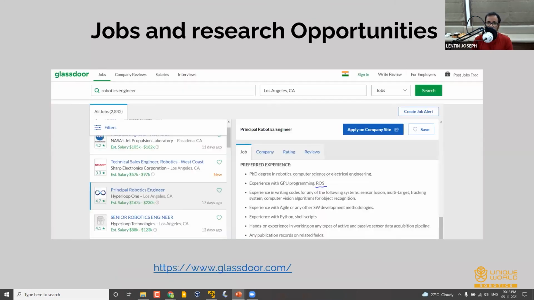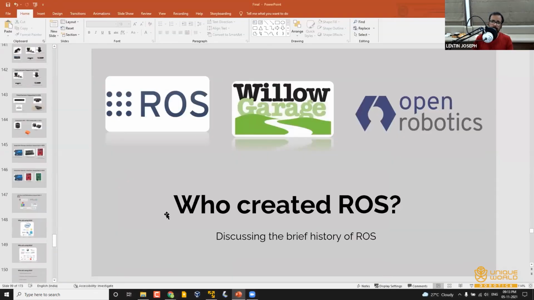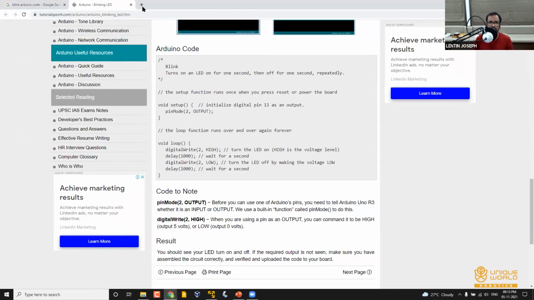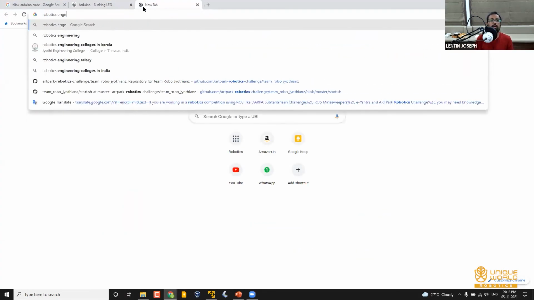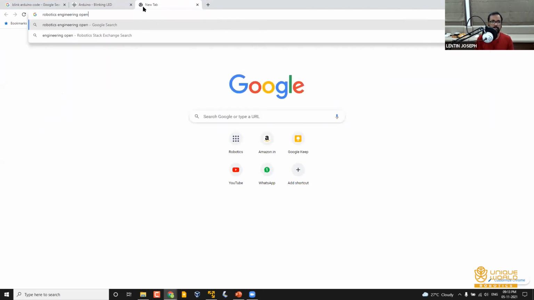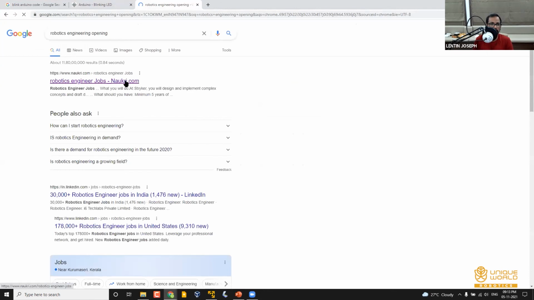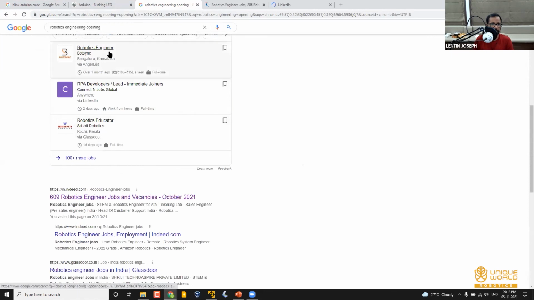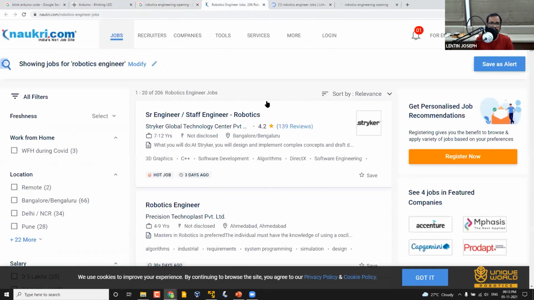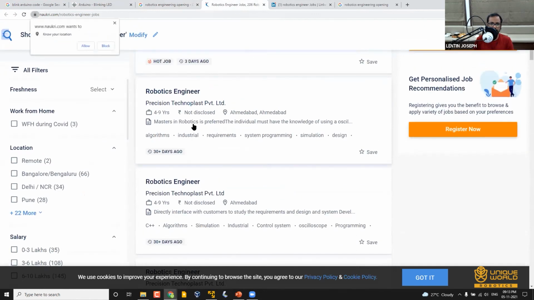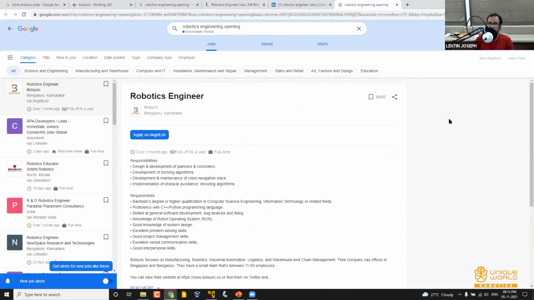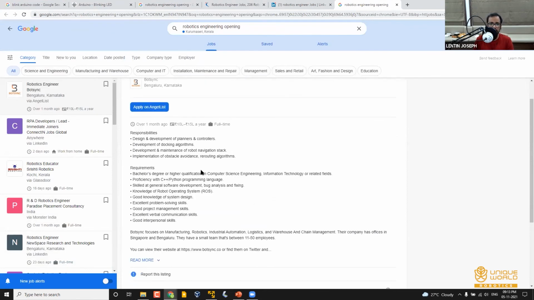Okay, so many companies are using it, and for example, I'm just taking a web browser for a second, and let me check for robotics engineer openings. Let me check some random opportunities from the web. Mostly from India, I guess. So this is one opportunity from Botsing, which is one of the companies that I partnered with. You can see the requirements.